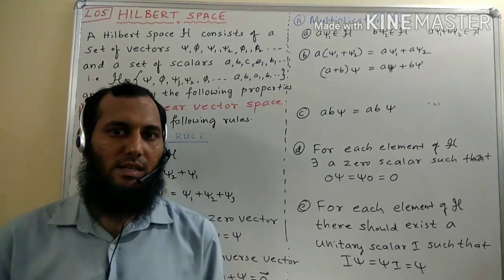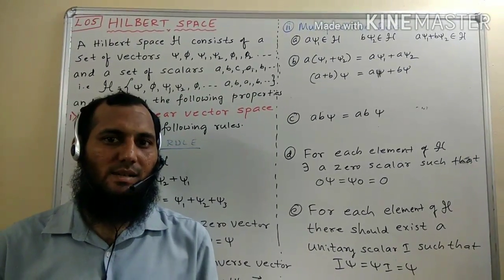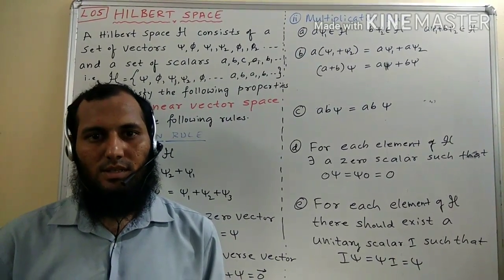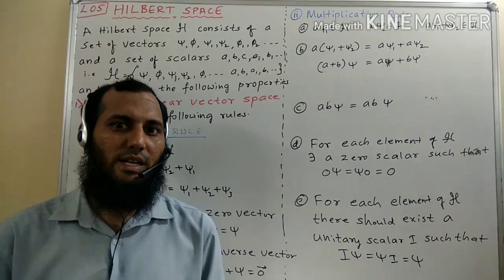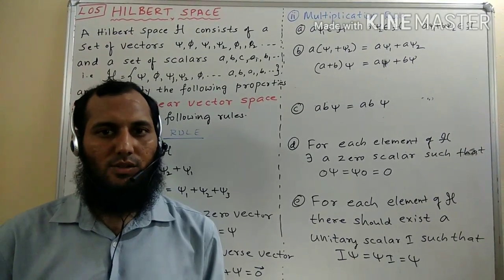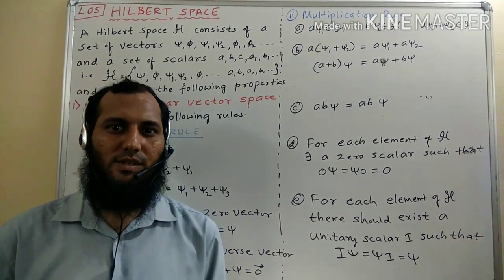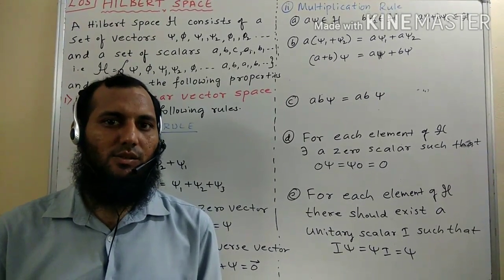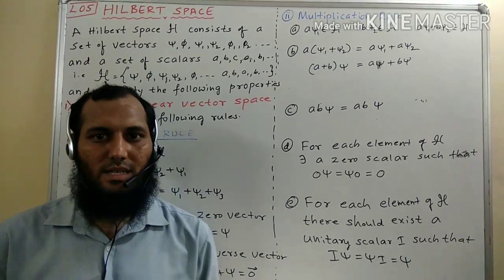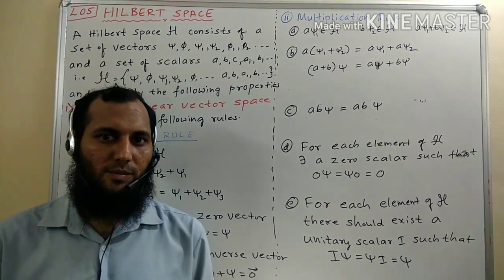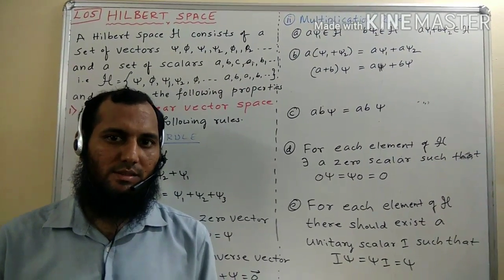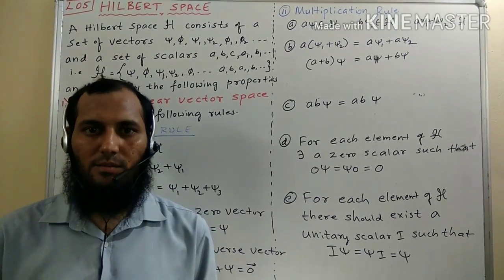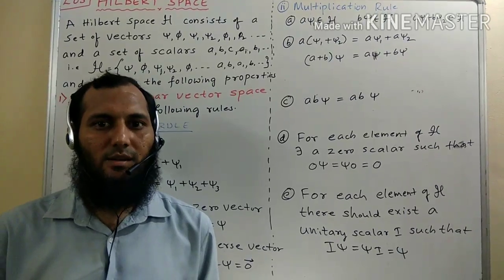Space is a mathematical term which means it contains some elements. Now whatever we study from the high school, the vector space, is called Euclidean space or vector space. So the question is, is that space not sufficient to study quantum mechanics? The answer is no. That space is not sufficient to study quantum mechanics. So a new type of linear vector space called Hilbert space was introduced by a mathematician, Hilbert. So let us see what a Hilbert space is.